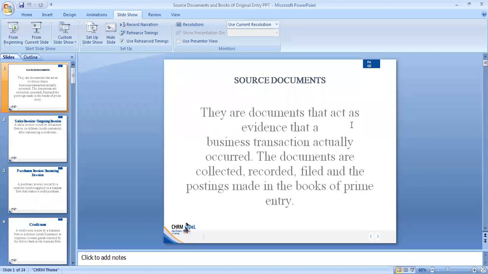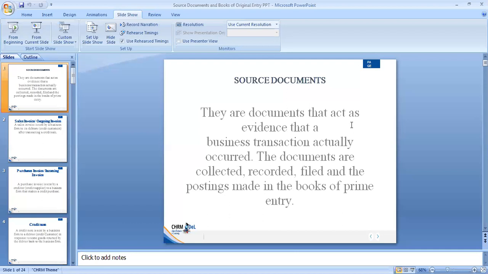Source documents. Source documents are basically the documents that a business will issue or receive whenever they have a transaction. And remember, when we talk about a transaction here, we mean any activity that involves money. Whenever there is any activity done in the business that involves money, that particular activity is known as a transaction. And whenever a transaction has happened, there needs to be evidence that that particular transaction